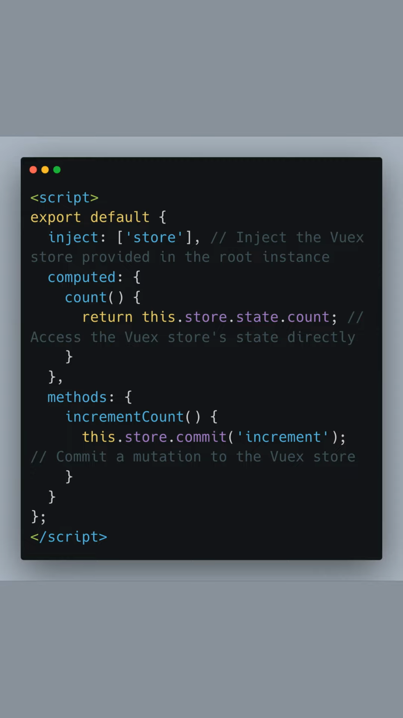Now, let's deep dive into a Vue component that utilizes our Vuex store. The component script starts with the inject option, where we specify store. This makes the Vuex store provided in the root instance accessible in this component. Then we create a computed property count that returns the current count value from our store's state. We also define a method incrementCount which commits the increment mutation to the Vuex store, effectively incrementing our state's